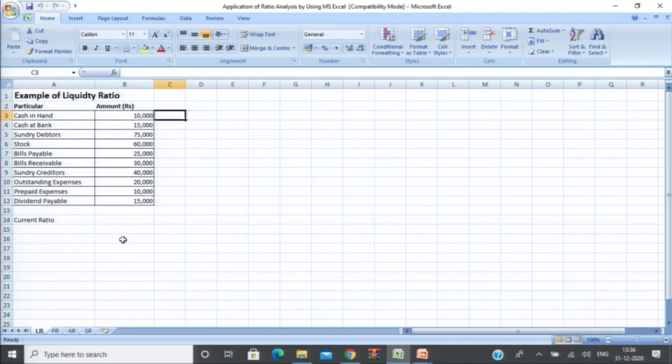So what is the current ratio? Current assets divided by current liabilities. In this chart we have current assets and current liabilities. So first we select the current assets. How can we do it? Write down current assets and